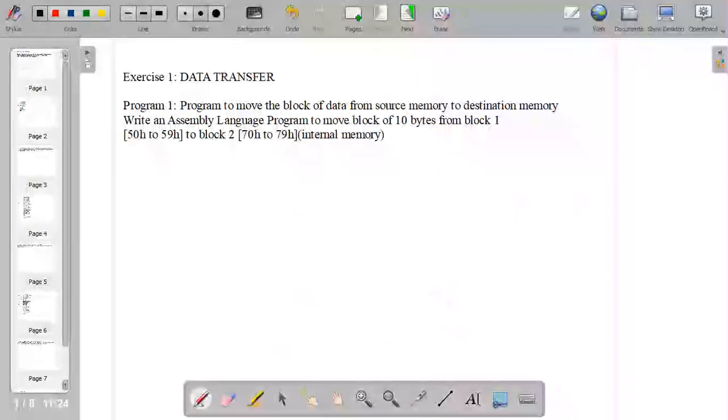So, microcontroller laboratory, the first exercise is on data transfer. The first program is to move the block of data from source memory to destination memory. We have to write an assembly language program to move a block of 10 bytes from 50H to 59H to